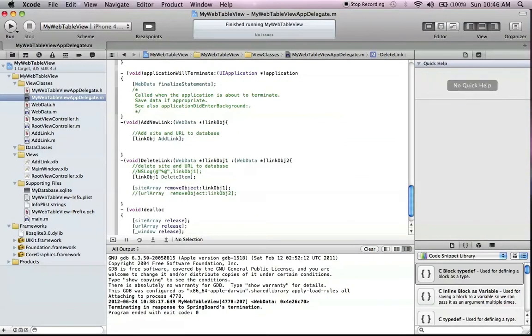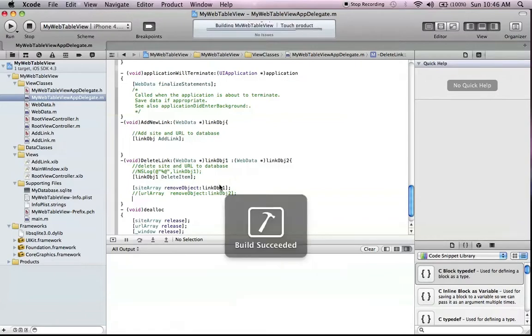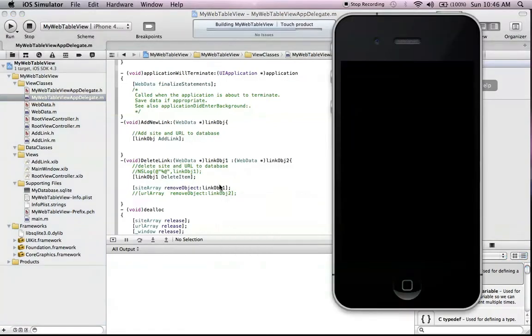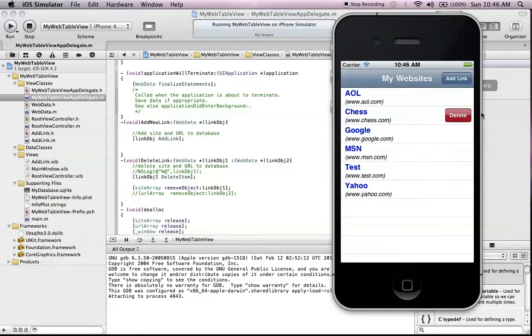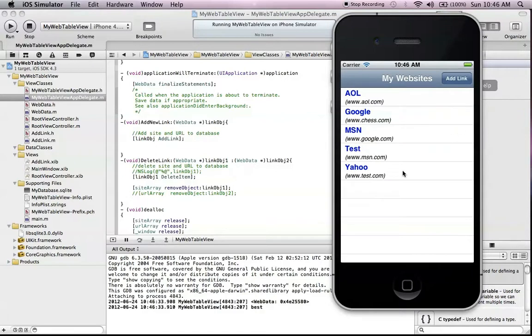The reason why I had to use both of these objects is because I need to remove them, one from each array. I'm going to run this and delete the chess link and show you what happens. Now, look what happens here. I got rid of the chess site, but look, everything offsets itself now